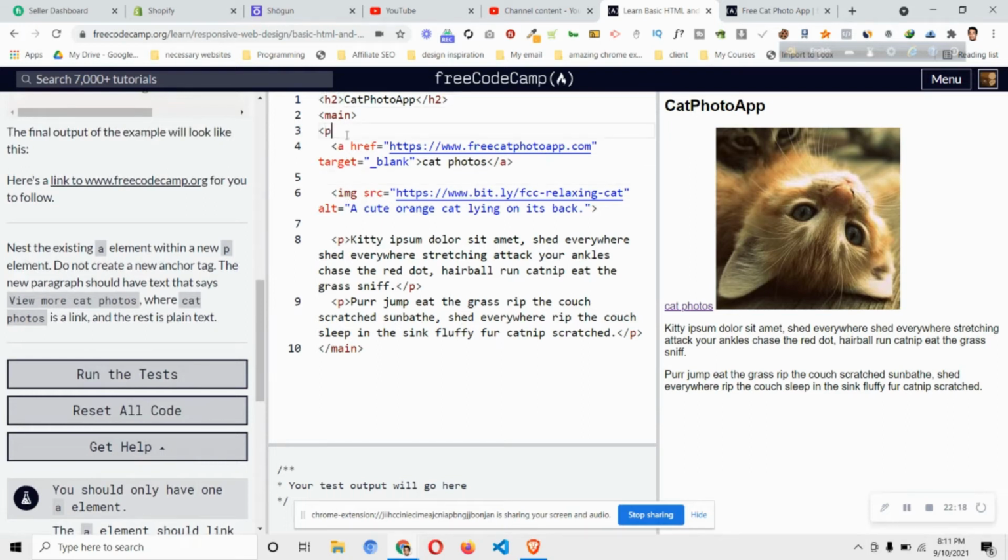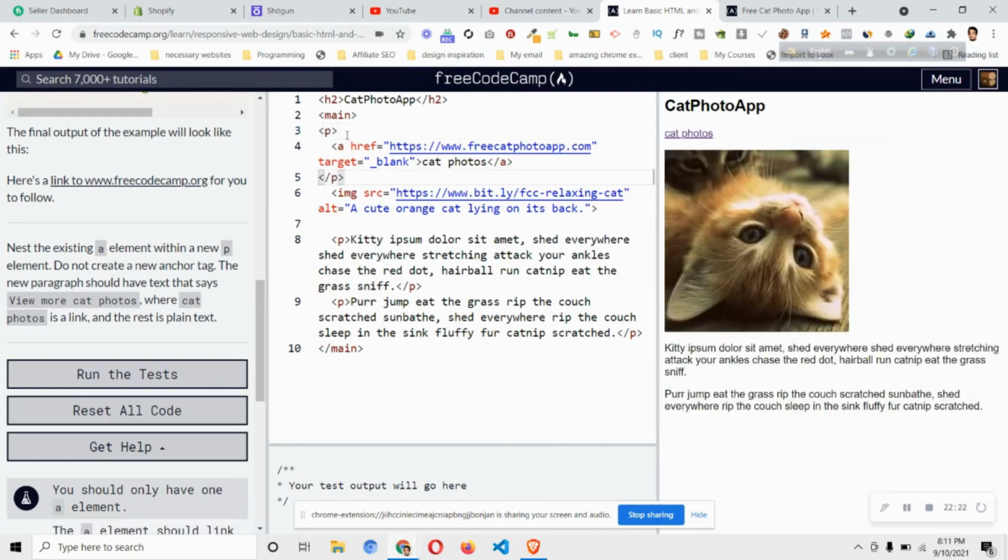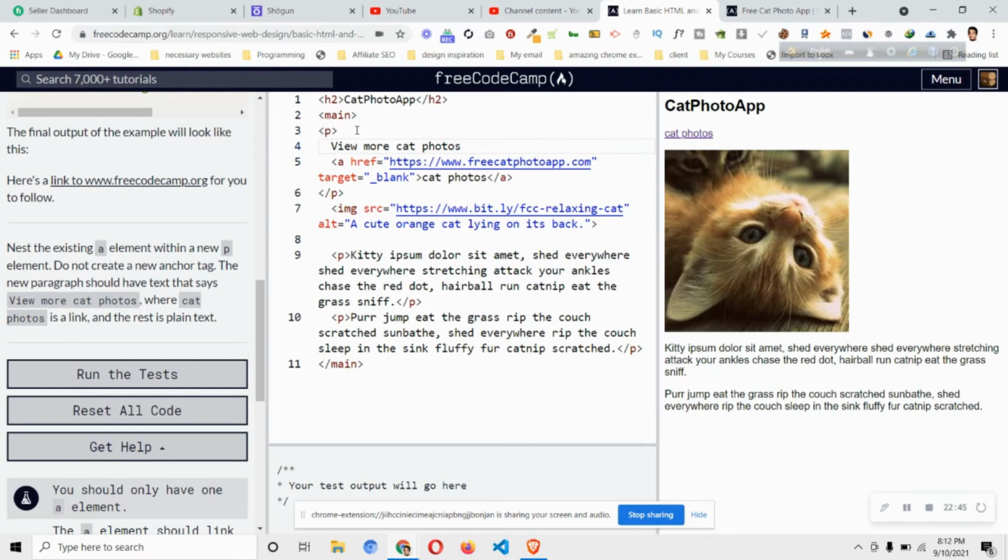Okay, so it will be just like that. We need to nest the a element with a new p element. So we create a new p element and nest the a inside it. The new paragraph should have the text that says view more cat photos, where cat photos is a link and the rest is plain text. Okay, so view more, and where cat photos is a